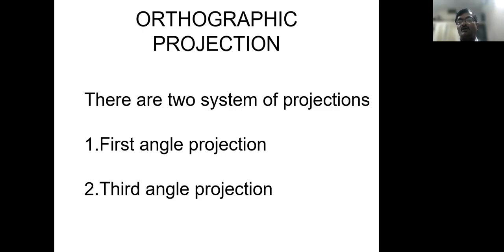Front view is sometimes called elevation, side view is also called side elevation, and top view is also called plan. The front view is formed on the vertical plane, abbreviation VP, the side view or side elevation on the PP, and the top view or plan on the horizontal plane. The horizontal position is the plane of projection, therefore it is called the horizontal plane. When you observe the front view, that plane of projection is vertical, therefore the vertical plane. While observing the profile from one side, that is the profile plane, PP. So this is the introduction to orthographic projection.